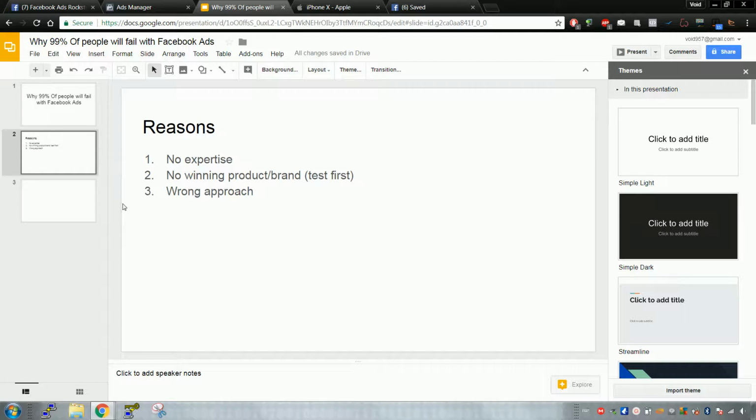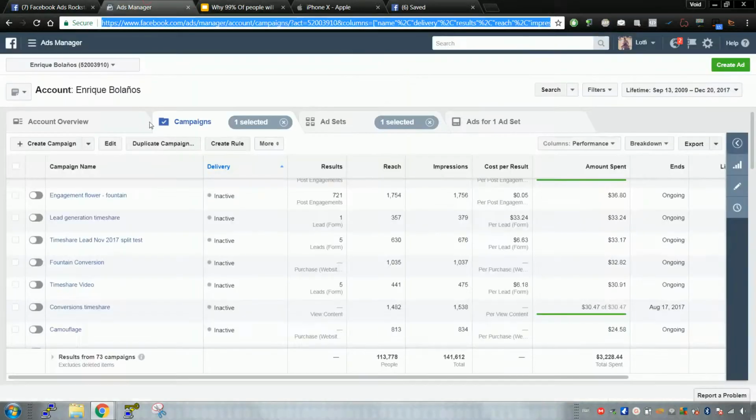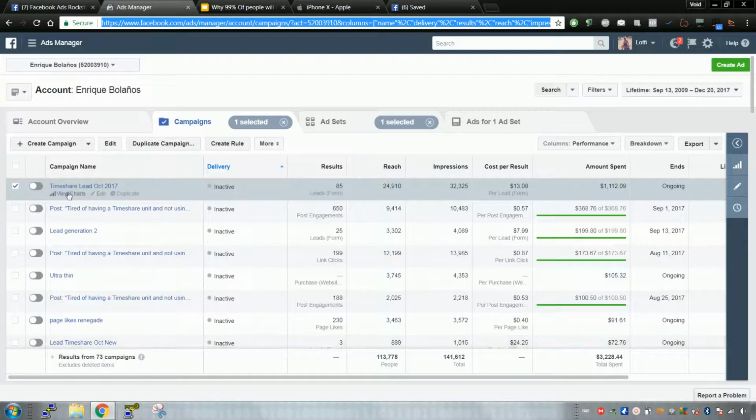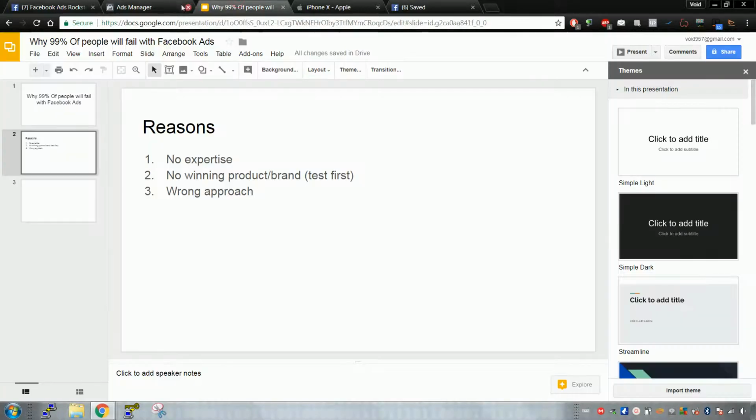Okay, so that's overall. And when it comes to more specific, you also shouldn't be running $1,000 lead campaigns for a simple solar battery. Why would you need leads? Why would you run lead ads to a solar battery? So this is a wrong approach within Facebook ads. Overall, you want to have the right approach, so you want to know if Facebook ads is even right for your business.